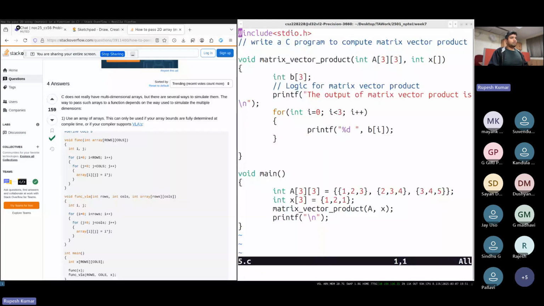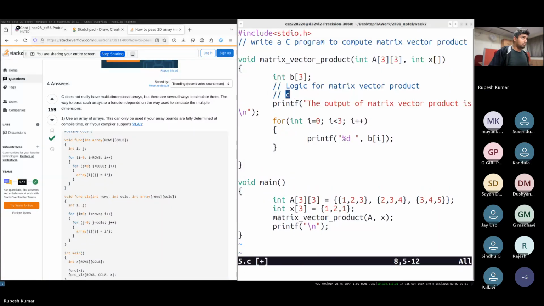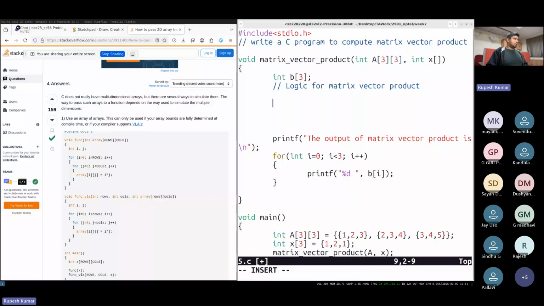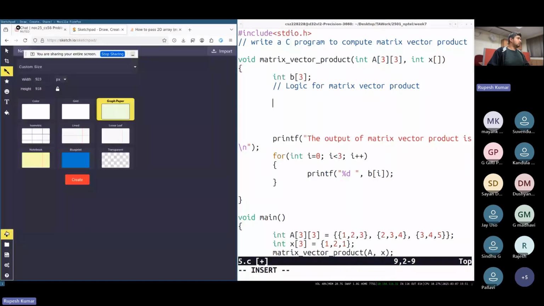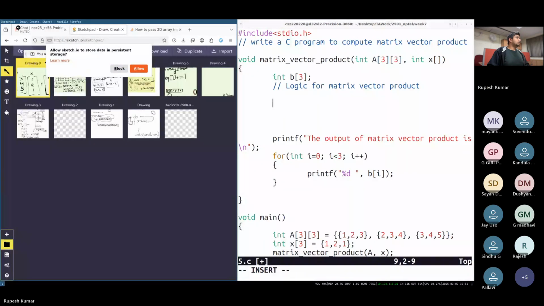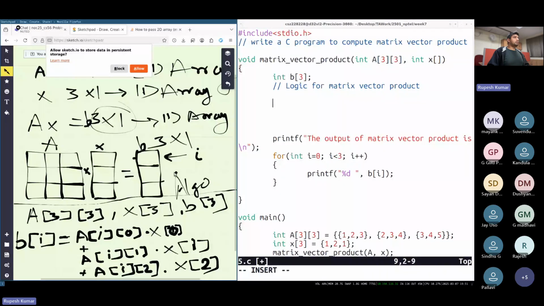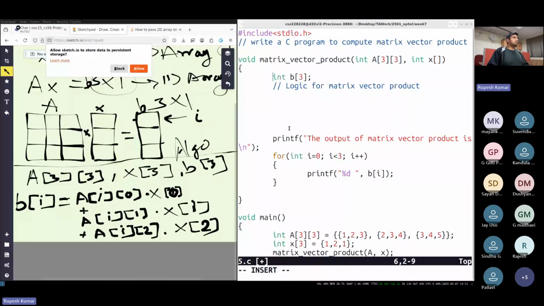So now what I have to do, I just have to write the logic for matrix vector product. Fine. So let's start doing this. We already saw the solution. The solution is this. So you have to loop through for int I equals 0, I is less than 3, I plus plus.